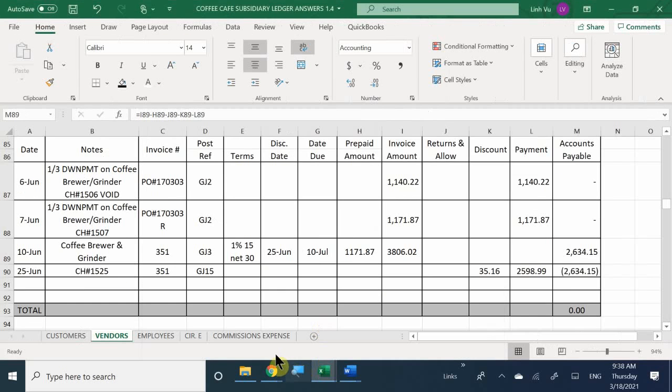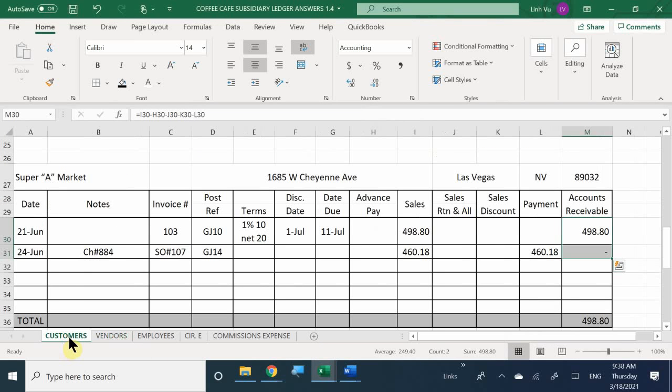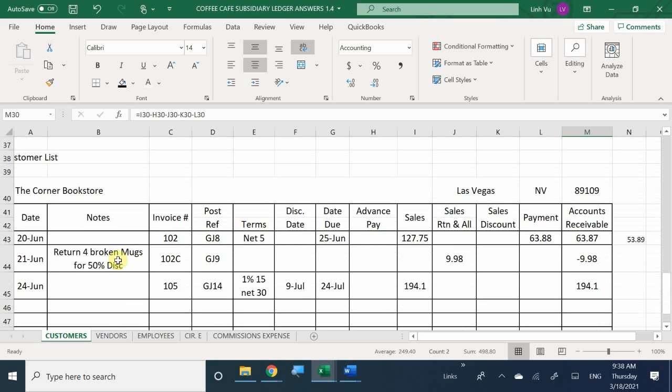Next is go to the subsidiary ledger because we're looking at the corner bookstore, which is the very last one. Okay. So we received a payment. When did we receive the payment? Right here, invoice number 102 was due on the 25th. Okay. We recognize that the original was for the 6388. He made a